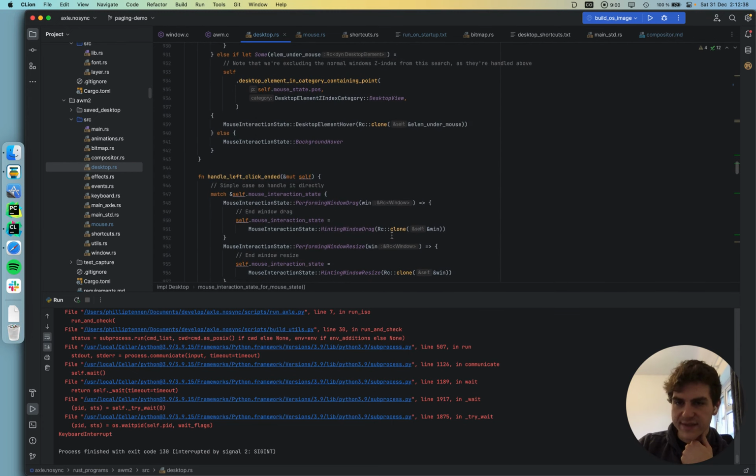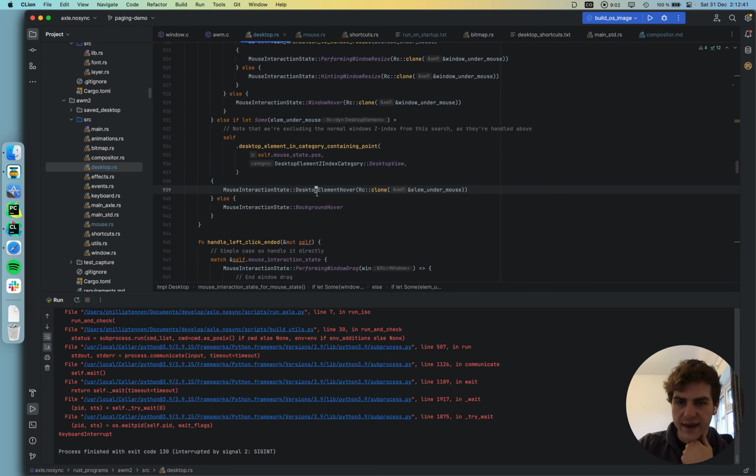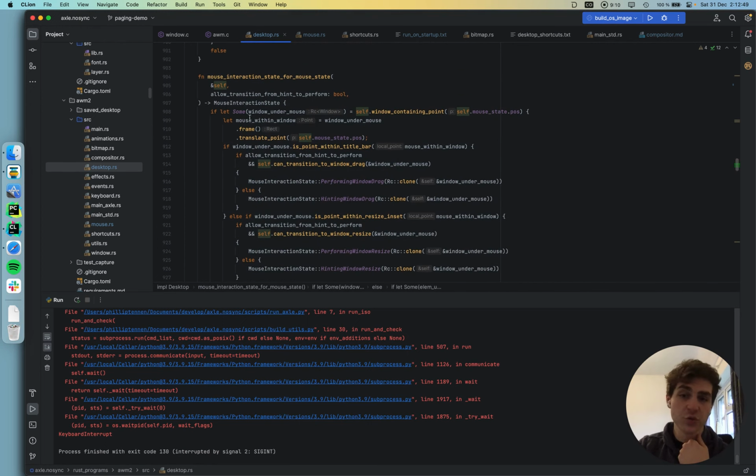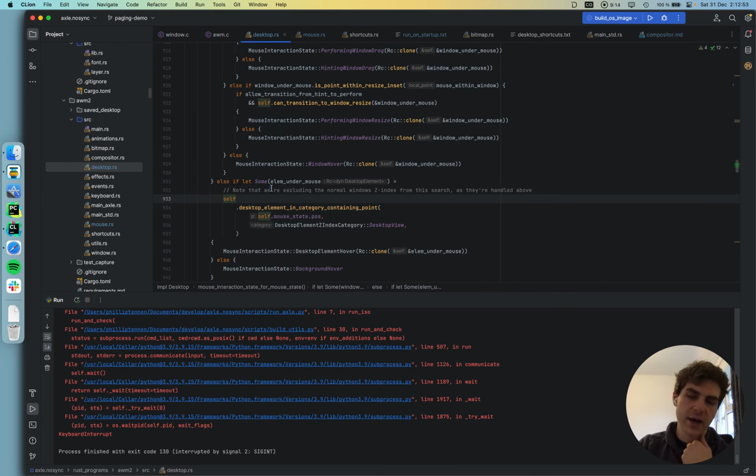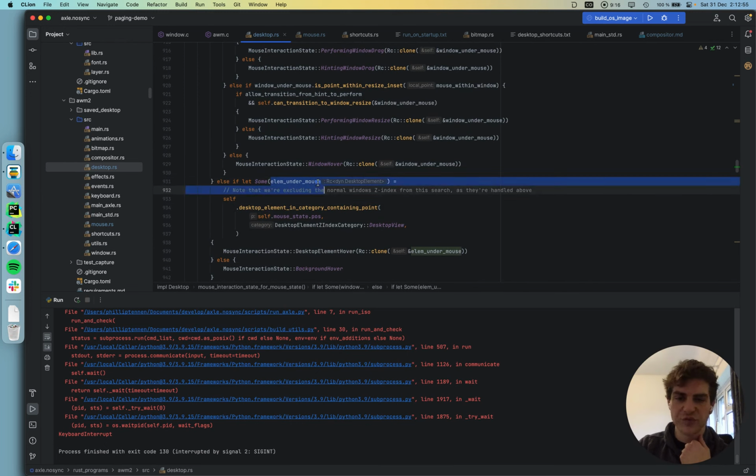So let's see, is there anything we need to update here? Yeah, here we go. Note that we're excluding the normal Z Windows index from the search. So we're checking, okay, so this wasn't a window under the mouse. Is it a generic desktop element? But we don't really want to do this anymore. We want to instead stop using generic desktop elements for this and start using something specific for shortcuts. So let's say instead,